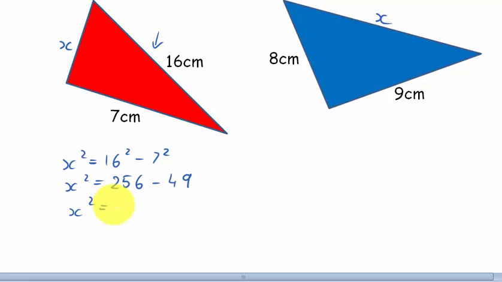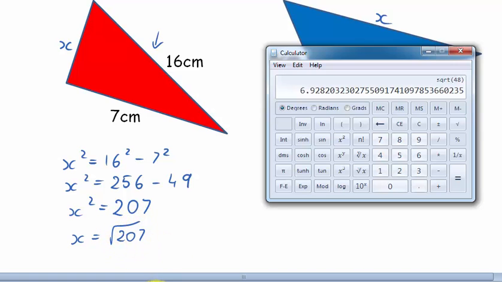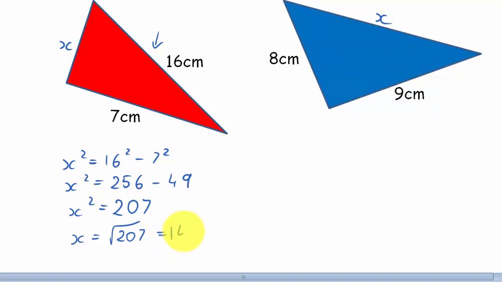X squared is 207, so x will be square root of 207, which is 14.39 centimeters to 2 decimal places. The one on the right,